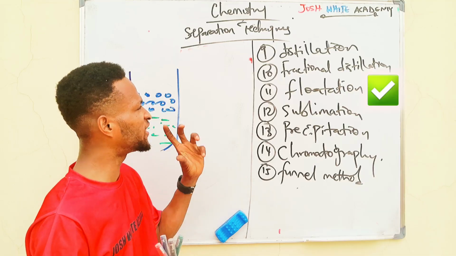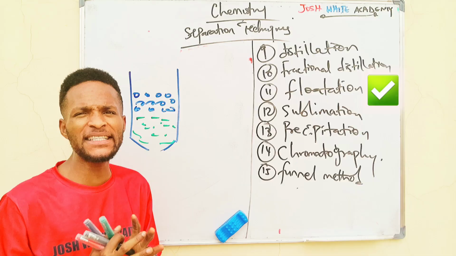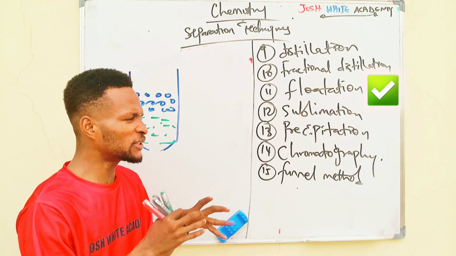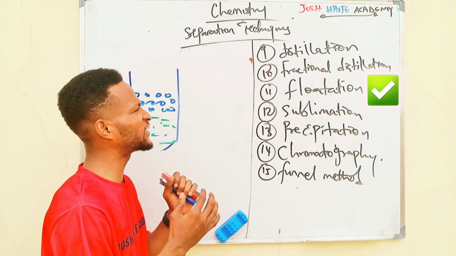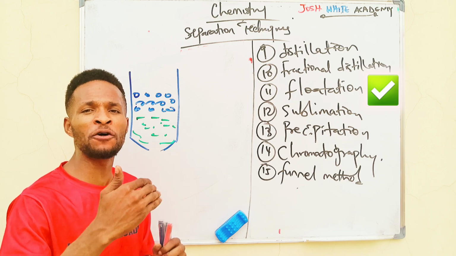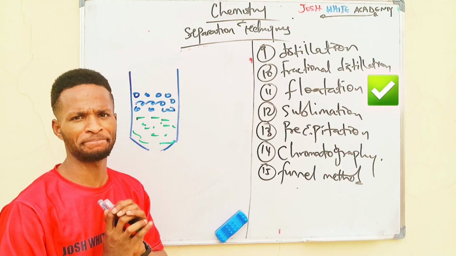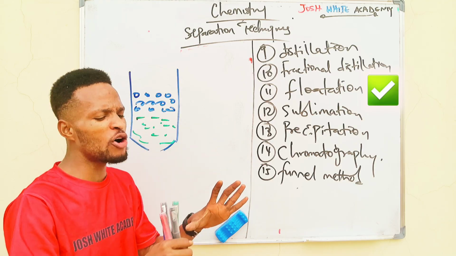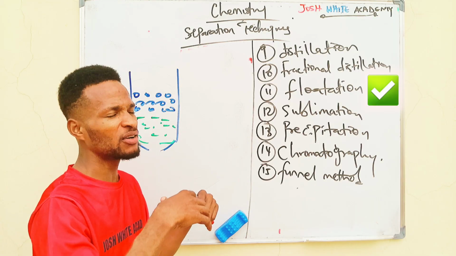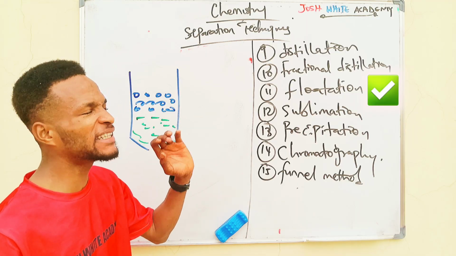The next one is flotation. Flotation is actually used to separate certain ores, low-grade ores. So certain ores are actually extracted, and before the metals from the ores can be removed, those ores must be concentrated. Most times these ores have impurities of sulfides mixed or combined with earthly impurities. So to be able to concentrate these ores,